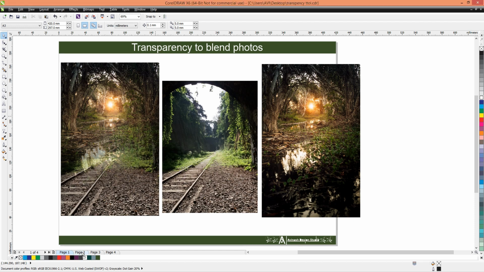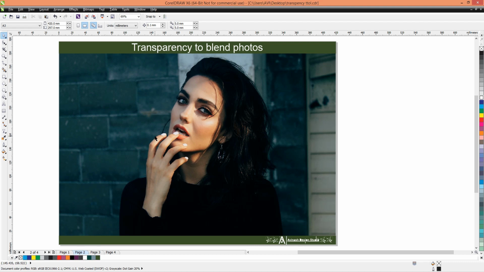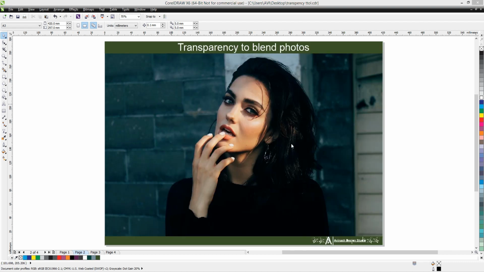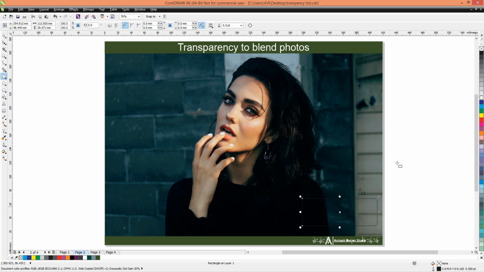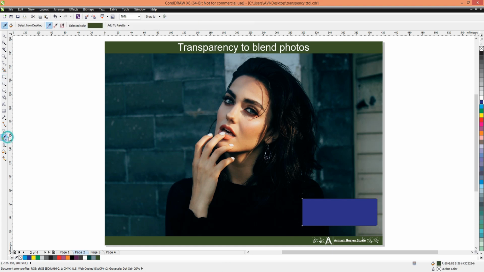So go to the second page, A4 per center. In advertising or for magazines we write information without disturbing the photograph's look. So this can be one way to write on the image. Go to the rectangle tool and place a rectangle where we want to put some information, like we select this area and put some color. You can take the color from the image. So go to the eyedropper tool, select the color, we select the lighter color, and place the color inside the box.